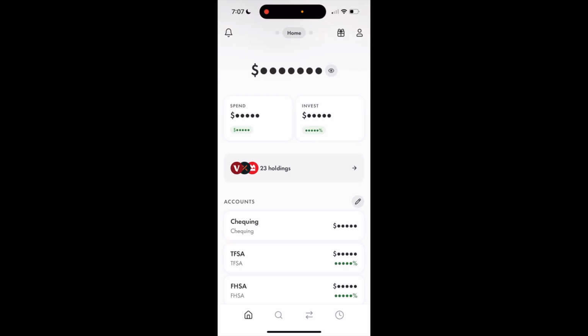So in this Wealthsimple Trade tutorial video, I'll be showing you guys how to buy fractional shares of Platinum here on Wealthsimple Trade. So once Wealthsimple is opened up,